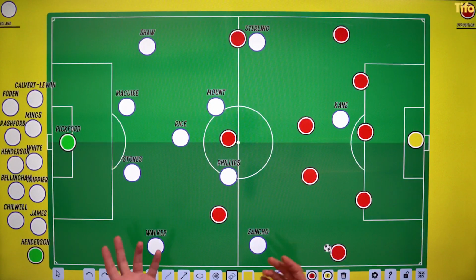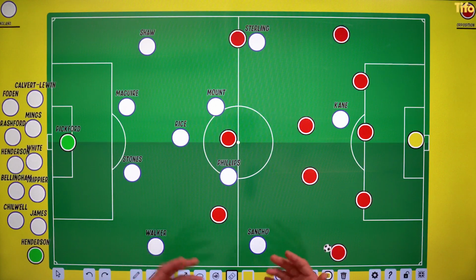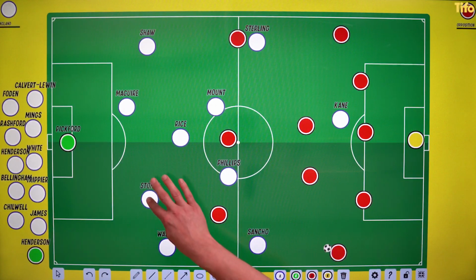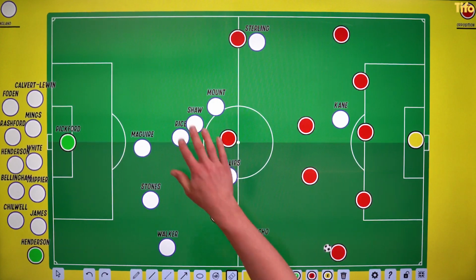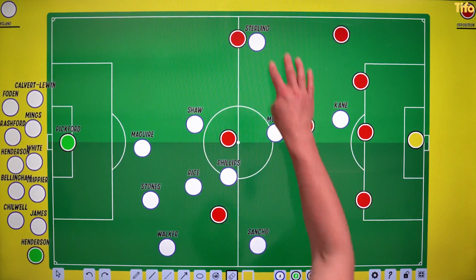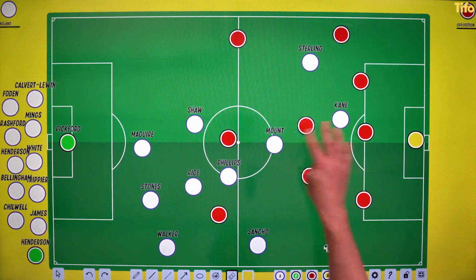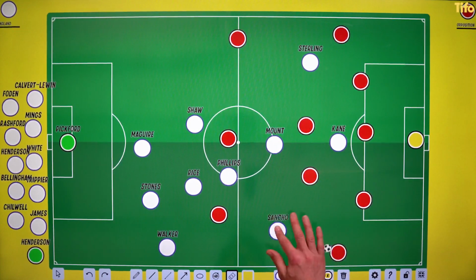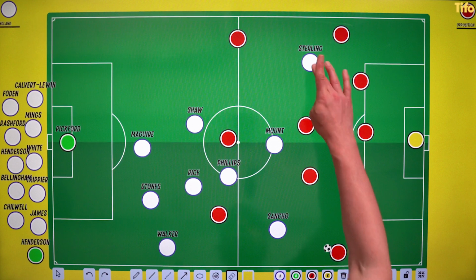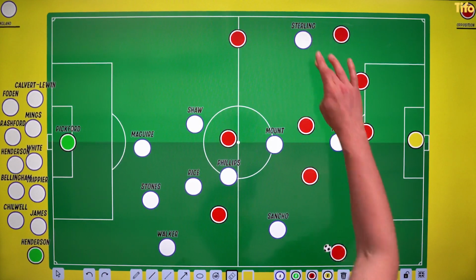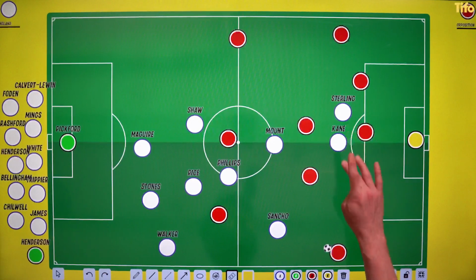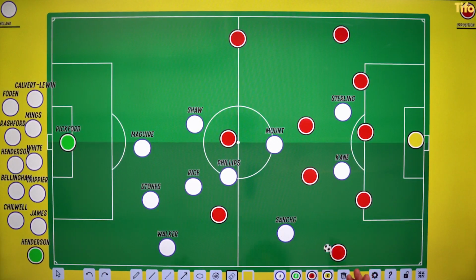Now that makes a lot of sense, as we've said, because of pressing, because of counter-pressing. Sometimes though, that compactness can be really quite exaggerated. And England, width-wise, will leave maybe one player out on the opposite side to the ball, possibly not even that. Possibly he'll be there like this.